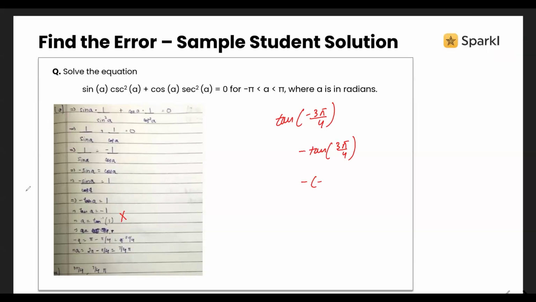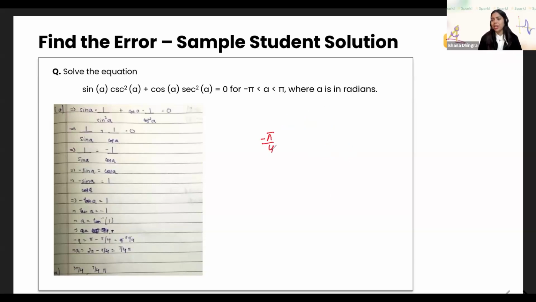Yeah, it should be negative pi by 4. Okay, because tan of negative pi by 4 will give you negative tan pi by 4. That's negative 1. Okay. Clear? So the student ignored the domain. That was an error. The student wrote 1 here, whereas it was negative 1. However, he considered finding the angles for the negative values, but he forgot the domain which